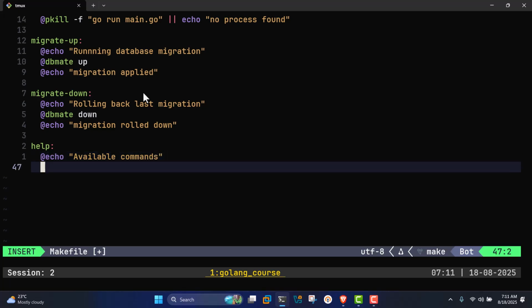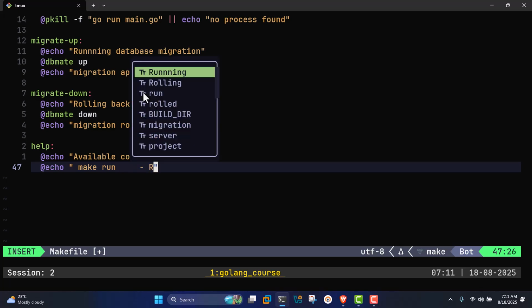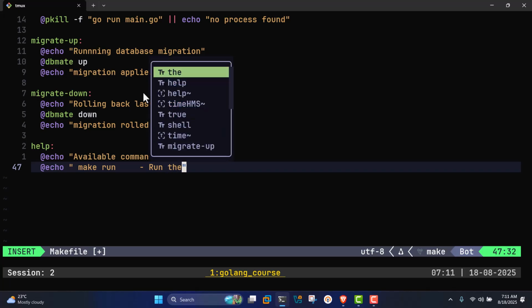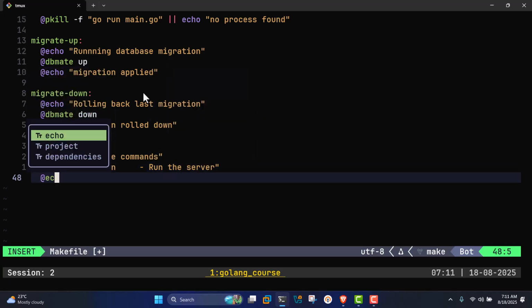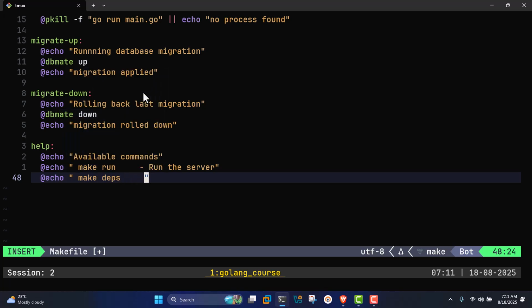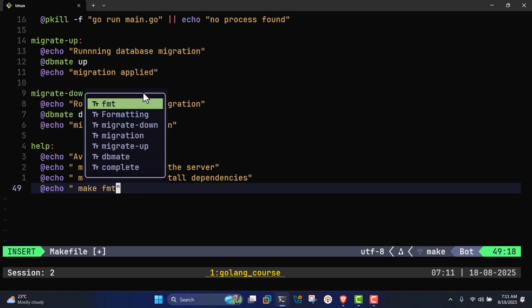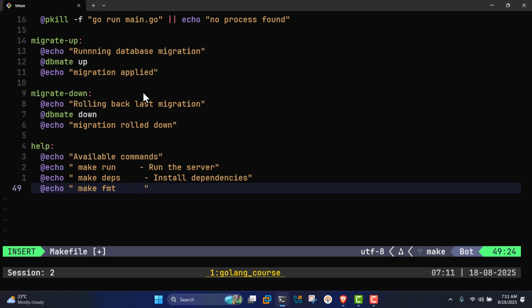So echo make run the server, echo make devs, install dependencies, echo make format. You can format the code,